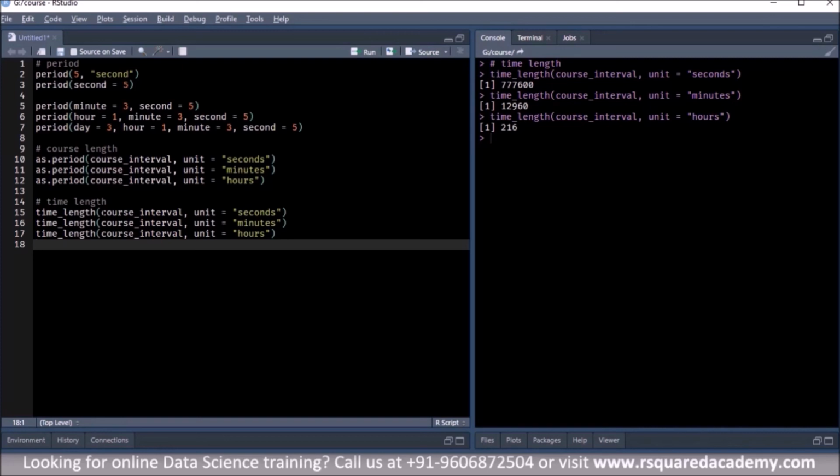So that brings us to the end of the module on intervals, duration, and period, right? So we have tried to use some very basic examples to introduce you to these concepts. Now we have added the link to the reference on the Lubridate package website, right?